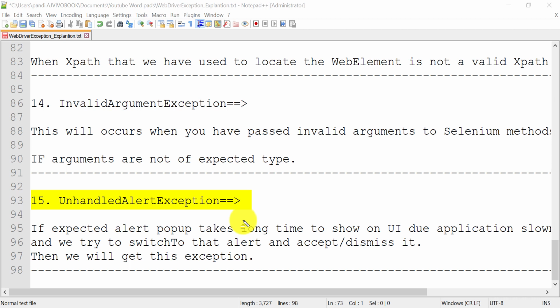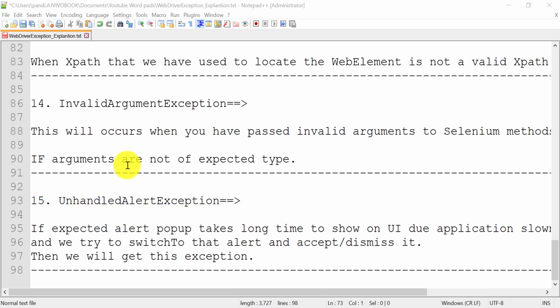As that alert pop-up is not available on the UI, it will immediately throw UnhandledAlertException. If you have not added the exception handling code for these exceptions, you will immediately get the UnhandledAlertException.